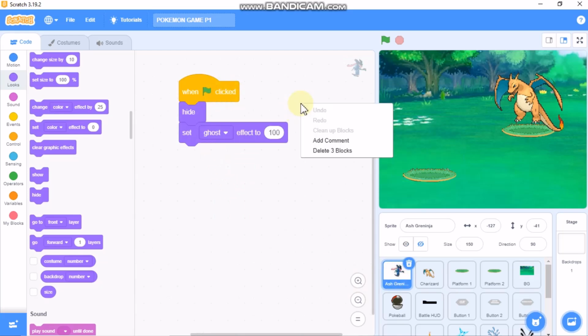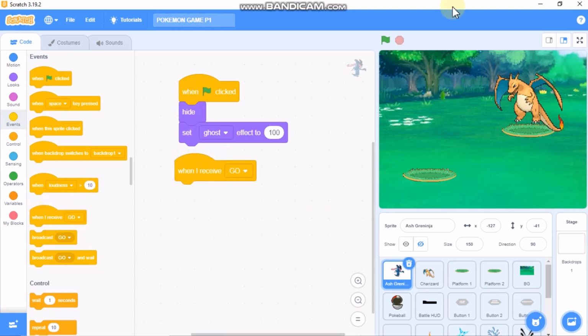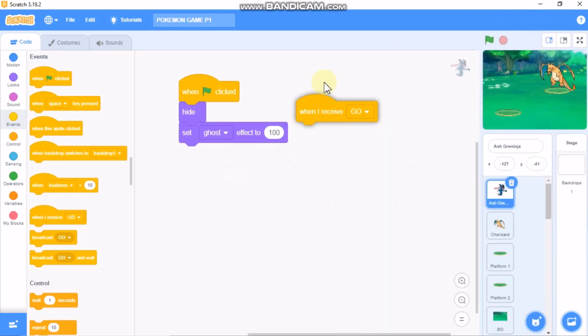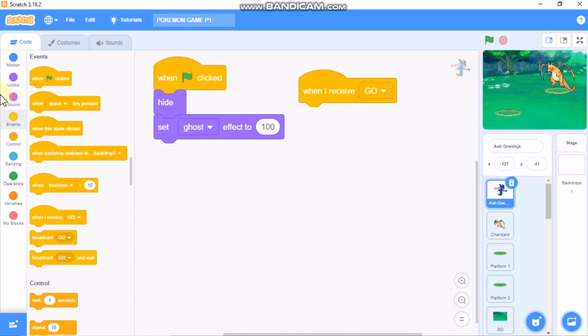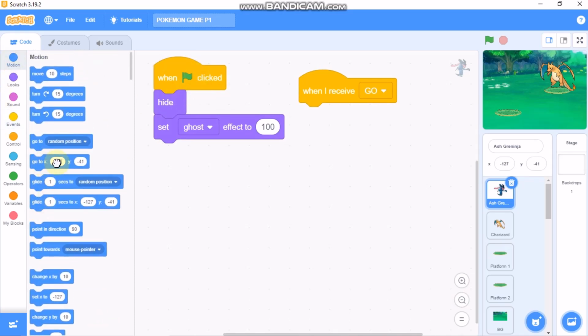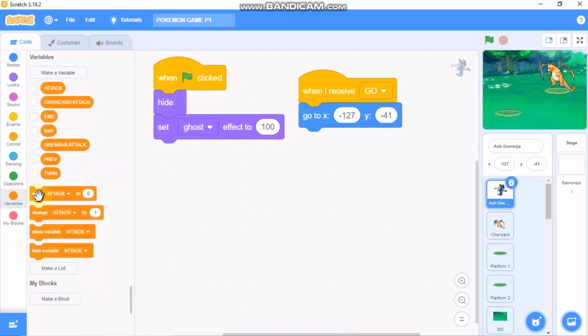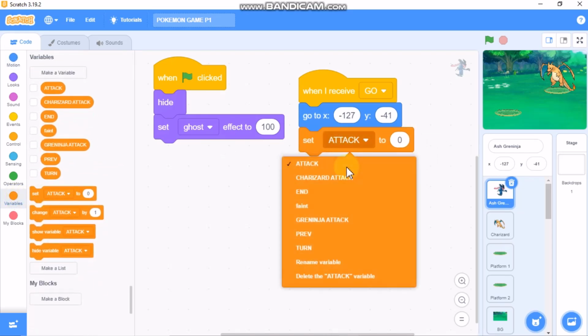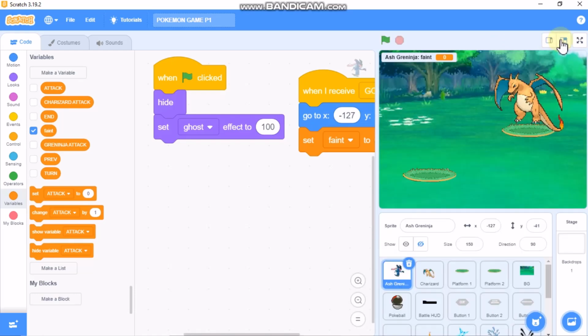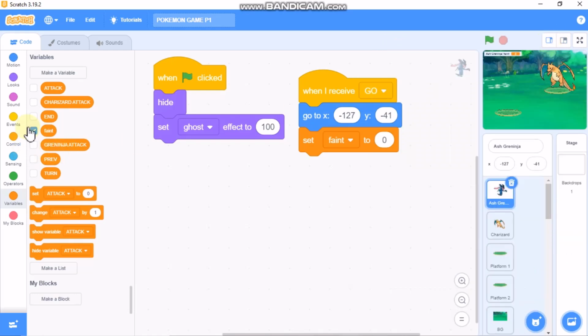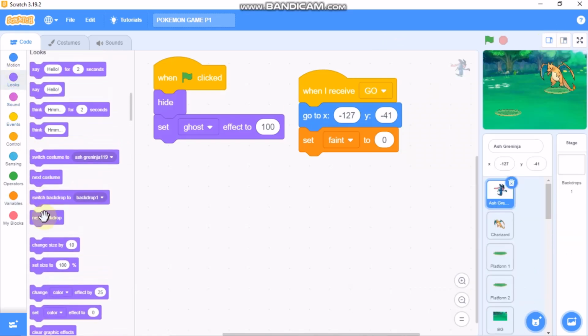So we have only 3 blocks, and now when I receive go, we need to go to X -127 and Y 41 and set a variable faint to 0, our Ash Greninja variable, and then show,